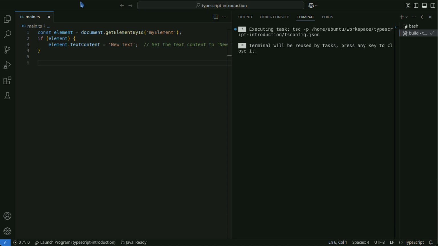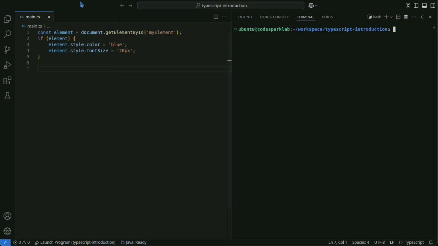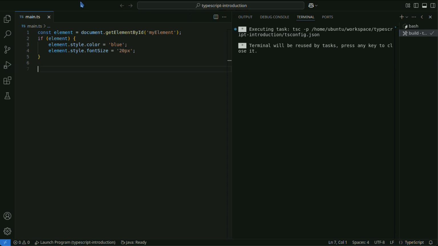You can modify inline styles using the element's style property. This code retrieves a specific element, changes its text color to blue, and sets the font size to 20px.